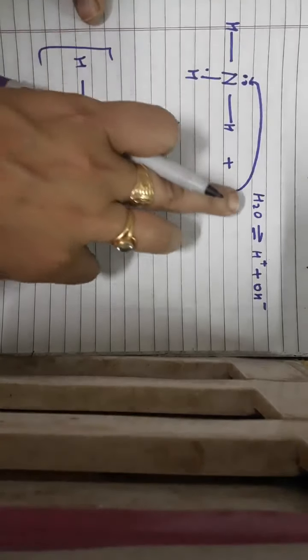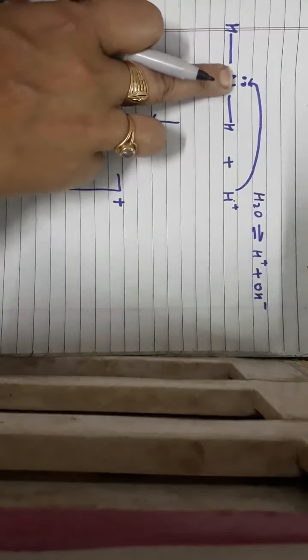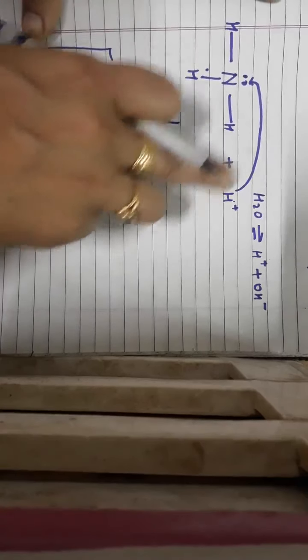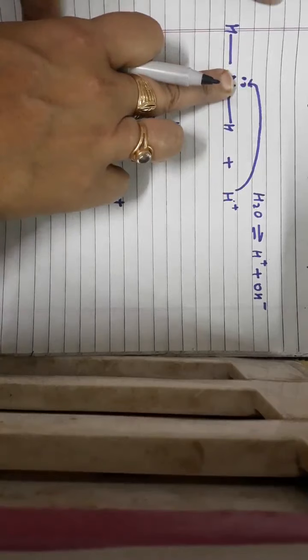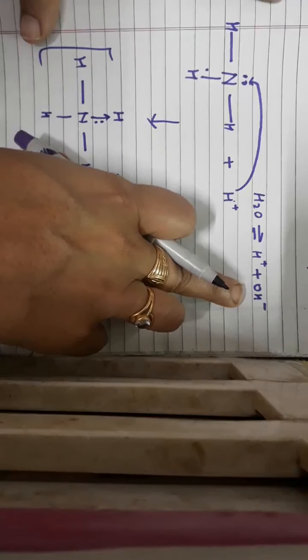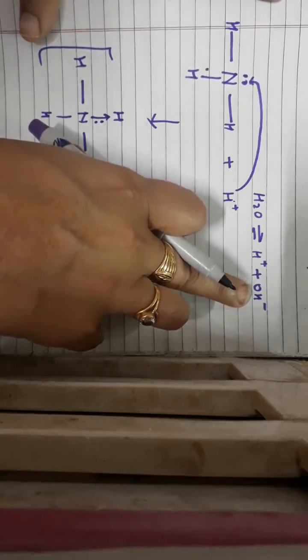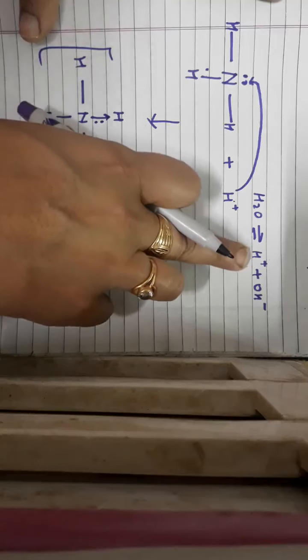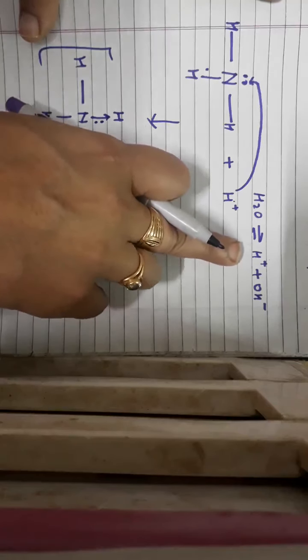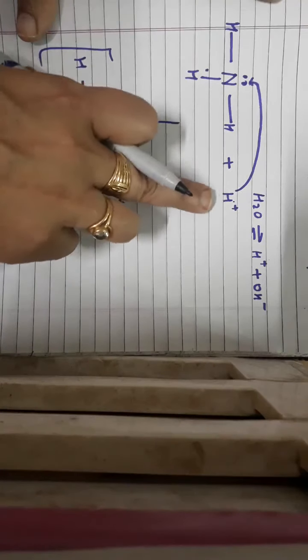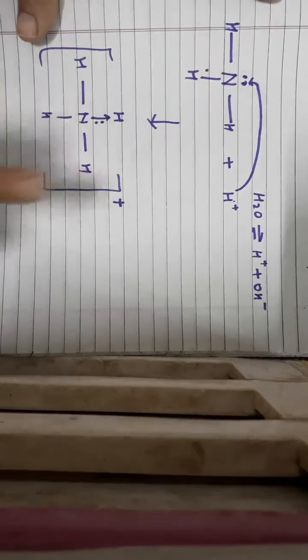Water after self ionization releases hydrogen and hydroxide ion, and ammonia contains one lone pair of electrons over nitrogen. The proton, which I already told you is an unstable cation, will definitely attack this lone pair in order to become stable. The next ion released in this process is hydroxide ion, but it is stable, with complete configuration. The problem is always with hydrogen ion, because after losing one electron, it has one vacant shell left. So it has a shortage of a pair of electrons. It will attack this pair of electrons in this way.